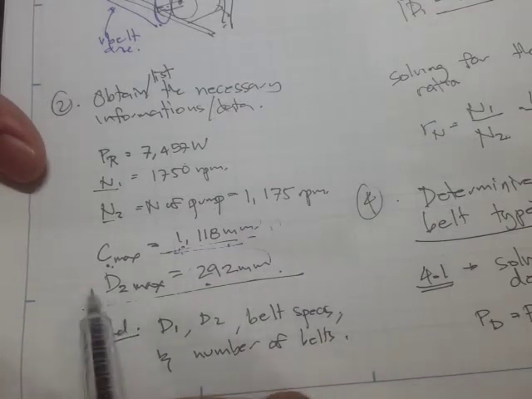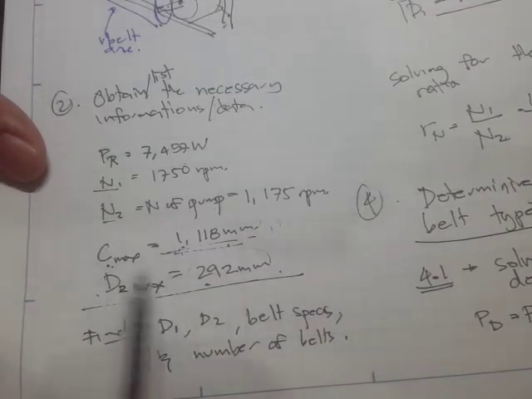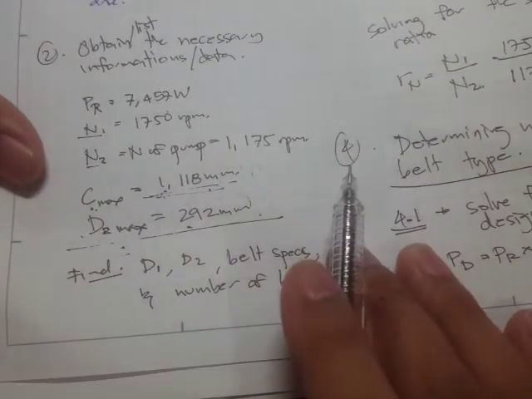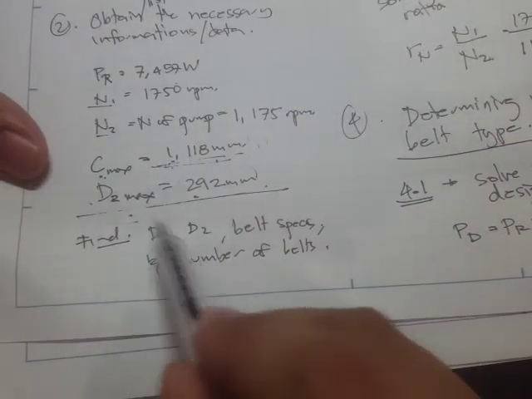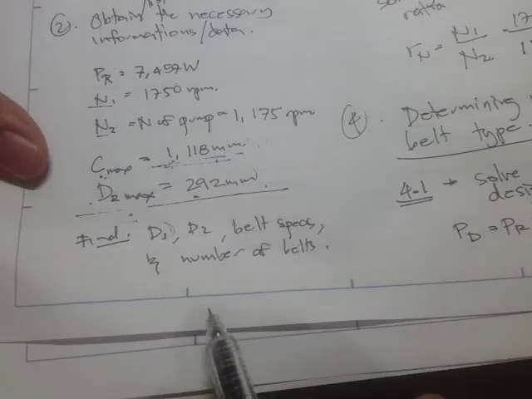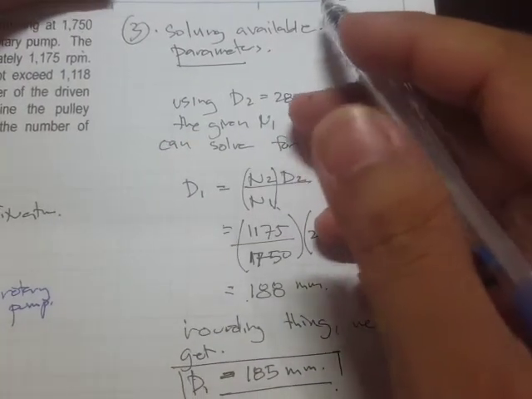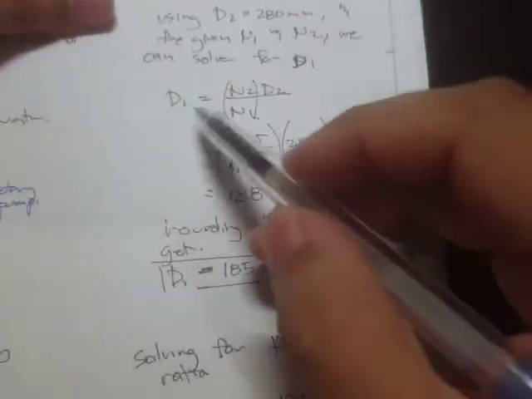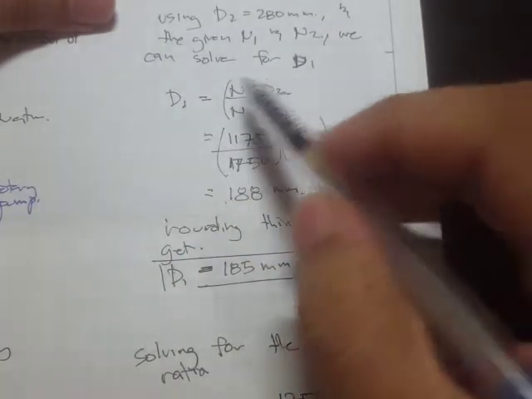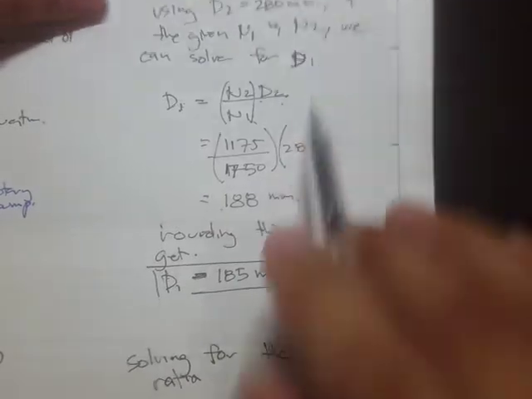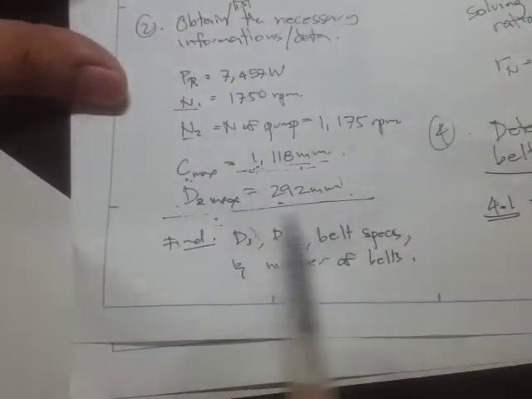Okay, so that's also the same true for this d sub 2 maximum. That's the given. Okay, and when we say design, then we are going to specify the diameters, the belt specs, and the number of belts, of course. Okay, and the next step that we did was to solve for the available parameters. Like for example, we can solve for the diameter of the driver using the speed diameter relations. But you notice that since this is maximum, then we just have to assume some values right here,